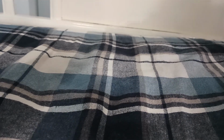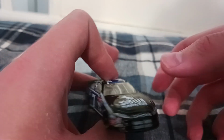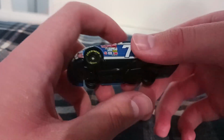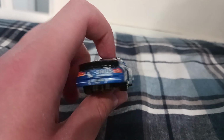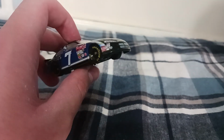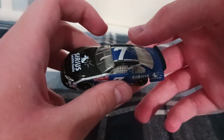And here it is, guys. Take a look at this. Wow, this car is so cool. I love it. Now, we're still owed a Winner Circle wave from our friends at Lionel Racing. The bonus wave, we're still owed for it. But till then,